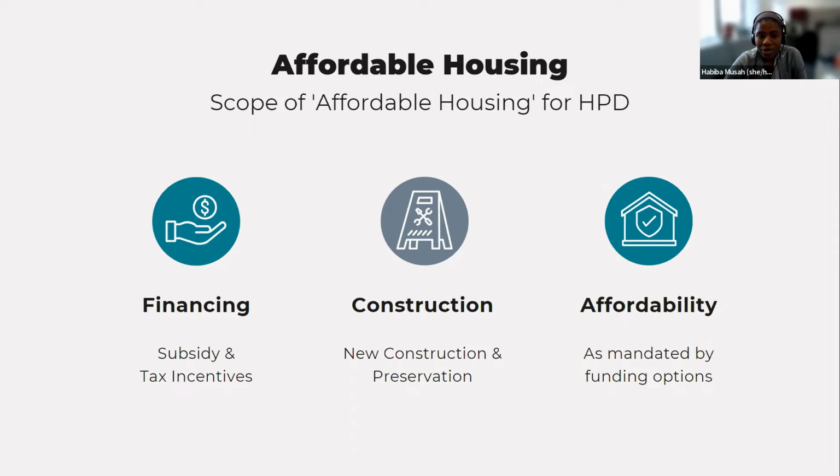One is we do this by providing subsidies in the form of loans through our various development programs. Two, we provide tax incentives that offset costs for the construction of new affordable housing or the preservation of existing housing, whether that housing needs to be rehabbed or not. And in exchange for these benefits, the city spurs the creation of housing that is affordable to New Yorkers at different income tiers.